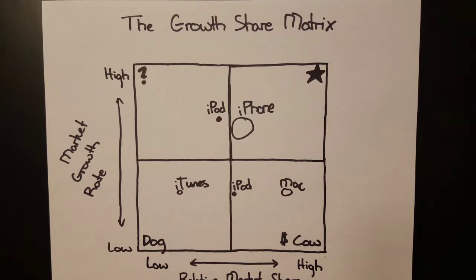With such stiff competition in the tablet market, the iPad would probably fall in the question marks quadrant, a product line located here requiring consideration of whether additional investment is needed. Although product lines tend to start out here, they can and often do move through cycles if they live long enough. The iPad is a good example of this, as it certainly is not a new product, but has returned